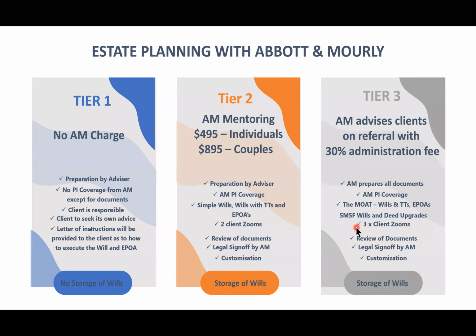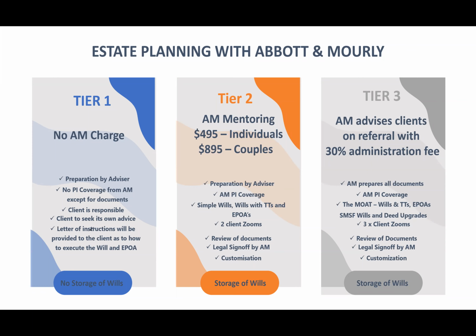So let's just have a look at three areas. I put this slide in here, so I'm going to take you through. I just want to give you a bit of a heads up. Are you there, Tone? Yep, absolutely. So do you just want to go through Tier 1, Tier 2, Tier 3? This has been operating for a year now, but we probably haven't elaborated on it to any great extent. So if you want to cover Tier 1, Tier 2, and then I'll cover Tier 3, how's that?